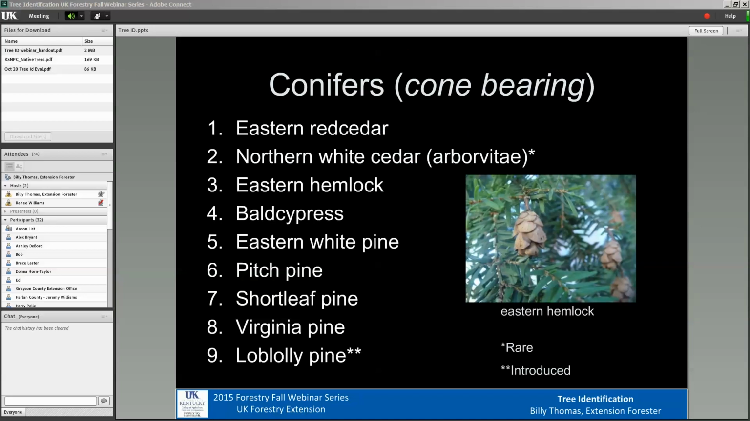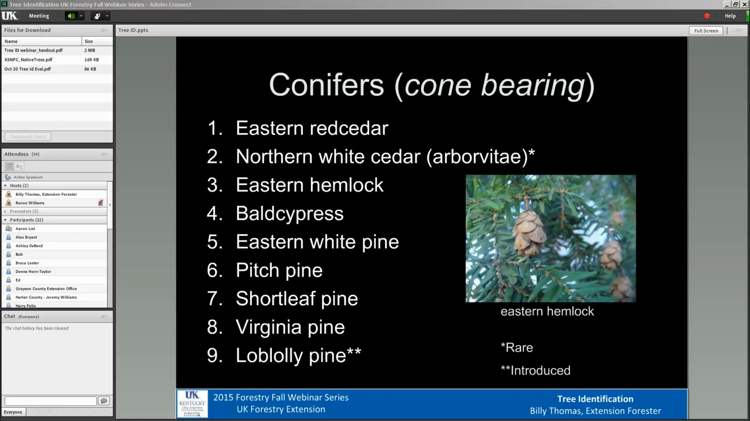So let's spend a few minutes talking about our conifers. These are what we call our cone-bearing trees here in Kentucky. And really, we've only got 9 different species that natively occur here. Certainly, there are others that have been planted here in Kentucky, and others that can survive and be successful here. We have the eastern red cedar, quite common here in the central part of the state. One that's a little more rare is the arborvitae, or northern white cedar. We also have the eastern hemlock, which we're showing there in the picture, bald cypress I mentioned before, eastern white pine, pitch pine, shortleaf pine,